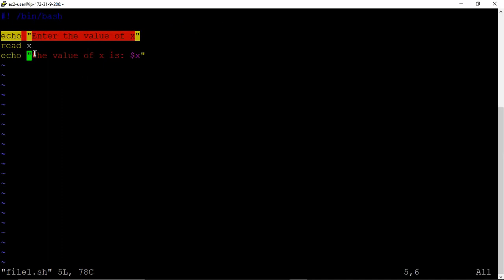And where is the user? When we are in the scripting file, we are not the user. We are making one file. And when we are on the terminal, we can say we are now the user.